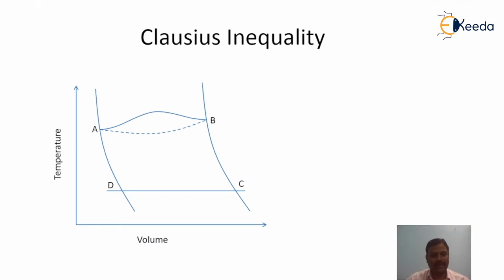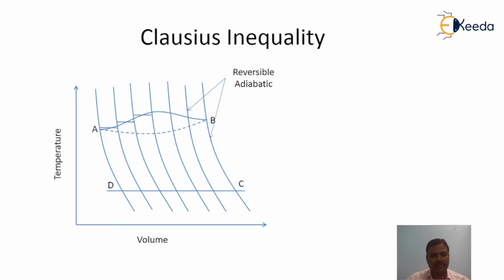whether it is either reversible or irreversible, whereas all other processes are reversible processes. Let us divide this cycle into small elementary cycles by drawing reversible adiabatics and reversible isotherms like this. Now let us consider one of the elemental cycles in which delta Q amount of heat is supplied at temperature T and delta Q2 amount of heat is rejected at temperature T2. Now for this